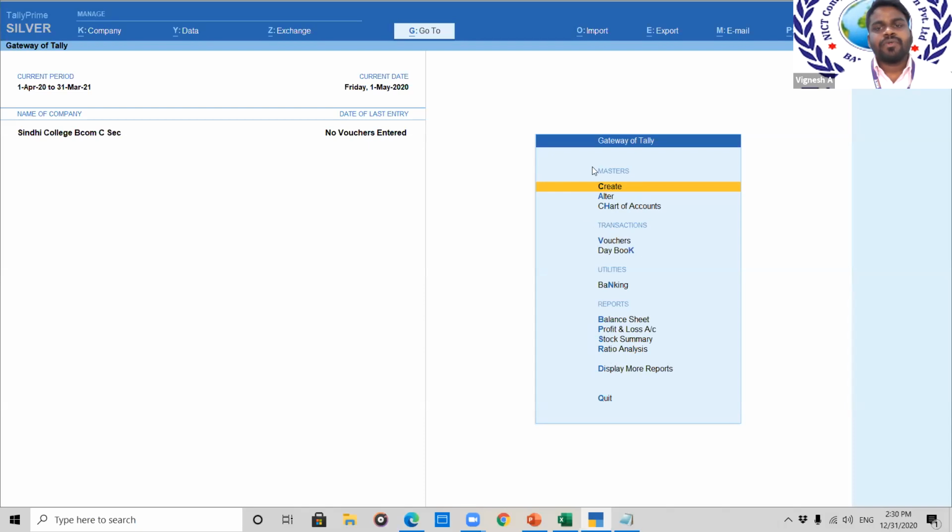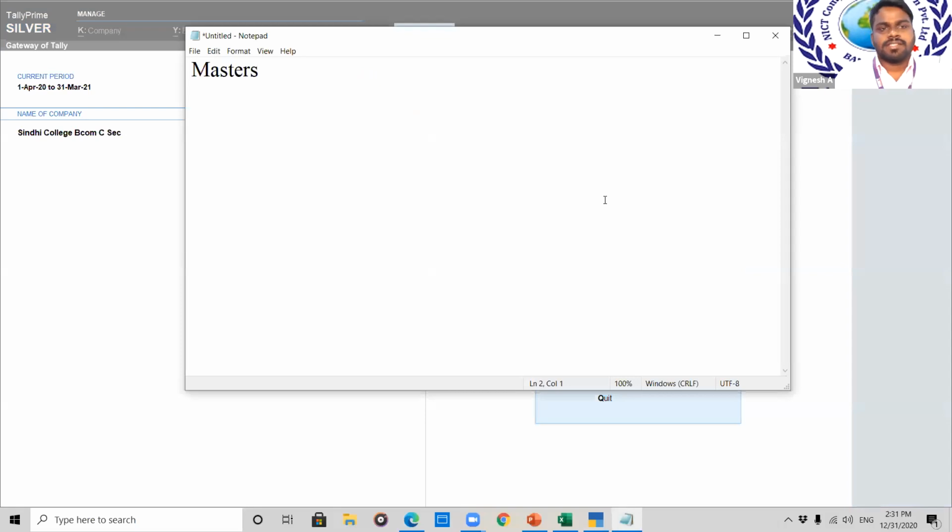The first thing we'll do here is masters. That is what we're going to learn today. Initial classes are very important in Tally because that is the scratch of your software. Without knowing the initial part, posting is very difficult. Posting is going to be the same postings only. Learning is very easy after some days, but it is very important to attend the initial classes and concentrate. Students, please concentrate carefully on how I'm going to work through this, as masters.